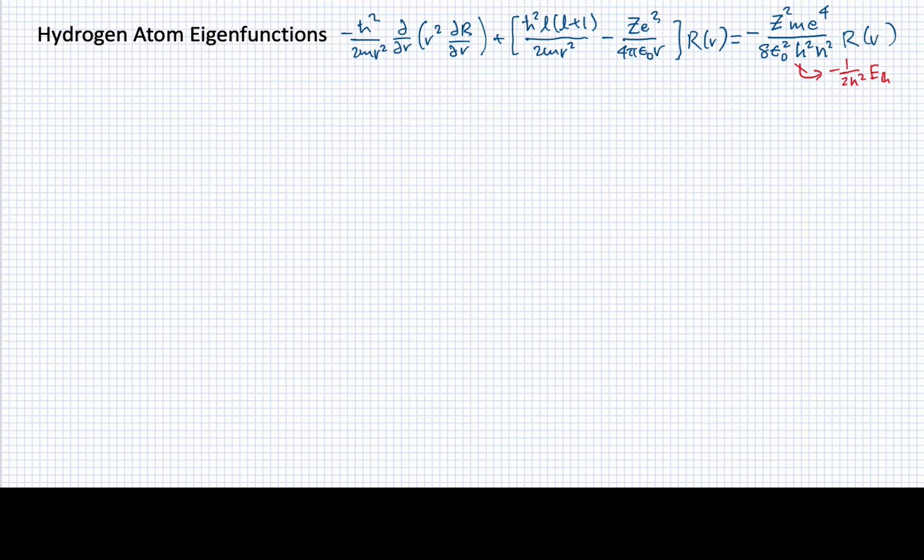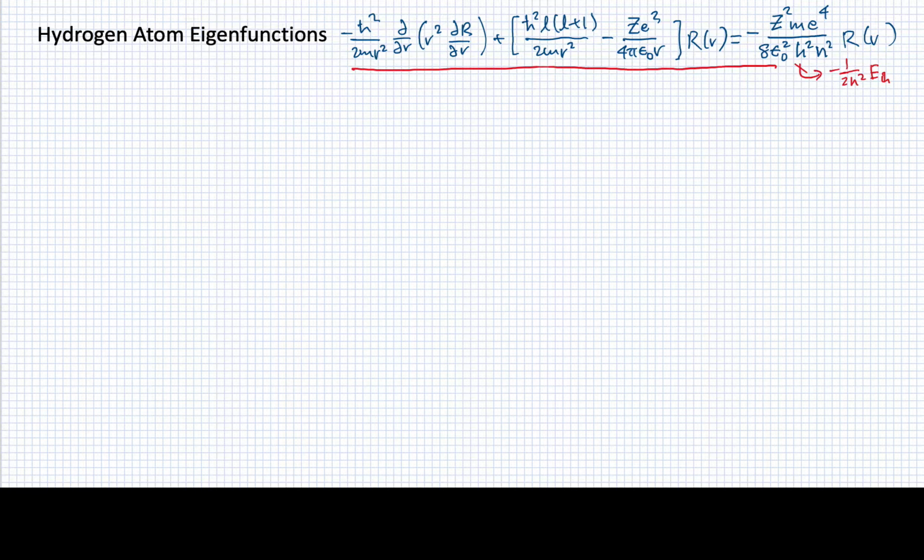The radial solutions for the hydrogen atom Schrodinger equation can be found by mathematical means, and they're related to the Laguerre polynomials, which is the result of another differential equation that has been solved in the distant past. I'm not going to go through and detail the solution of the equation, but I'll remind you that what we're talking about is the solution to this particular differential equation, where I've filled in the values for the